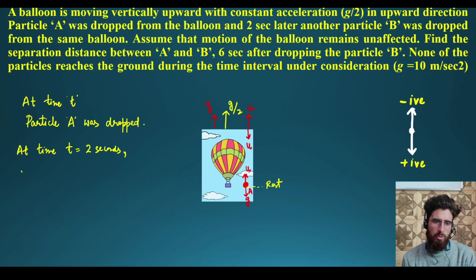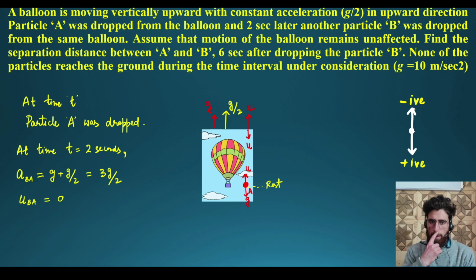Okay, so the acceleration of the balloon with respect to particle A comes out to be g plus g upon 2, and that's going to be 3g by 2. And the velocity of the balloon with respect to particle A comes out to be u minus u,